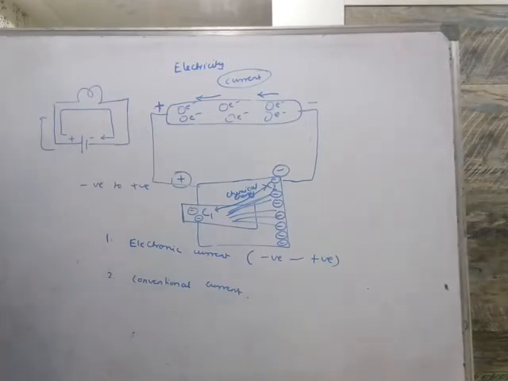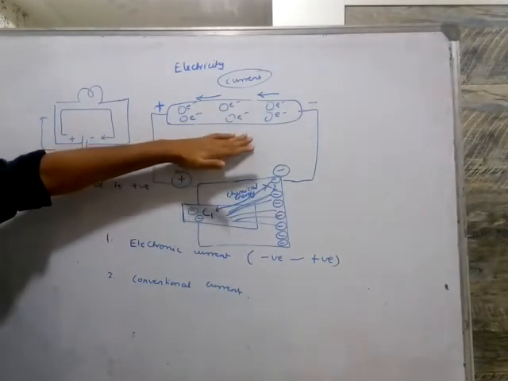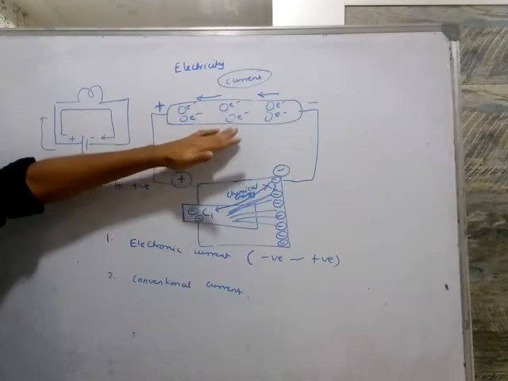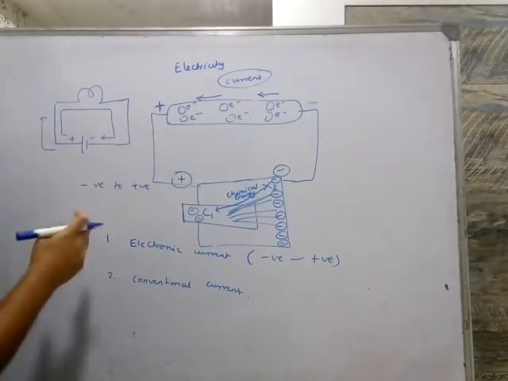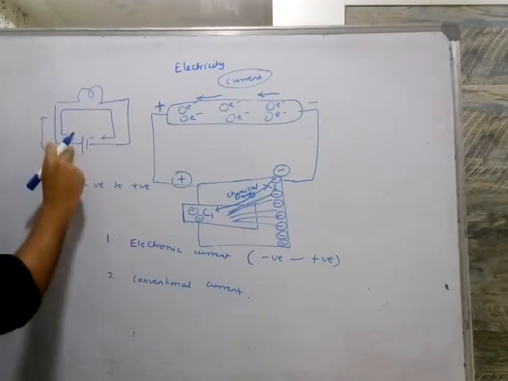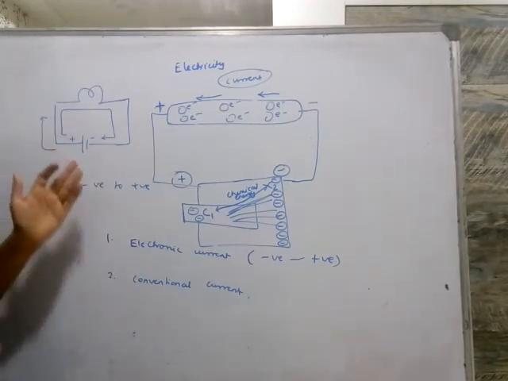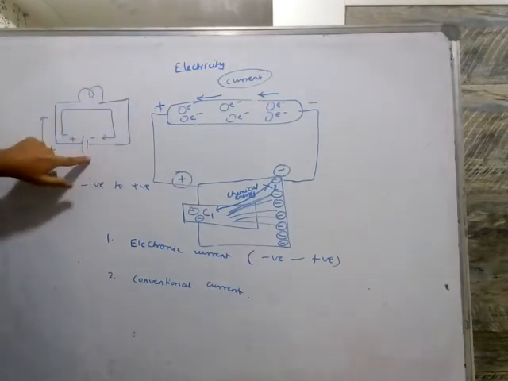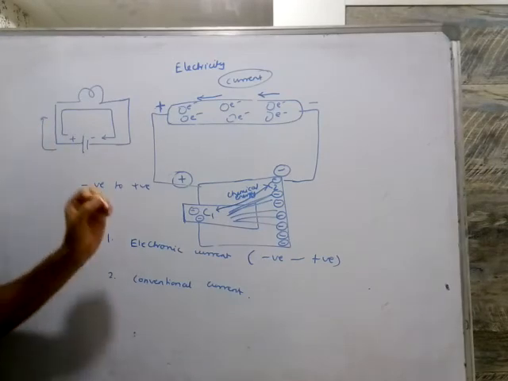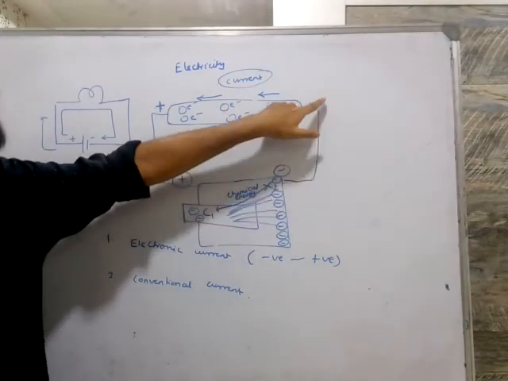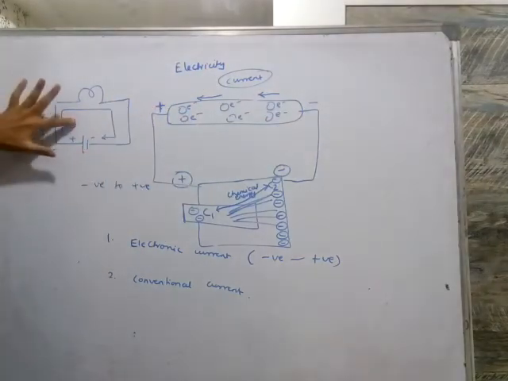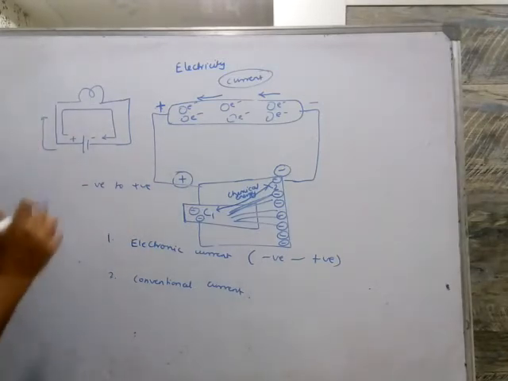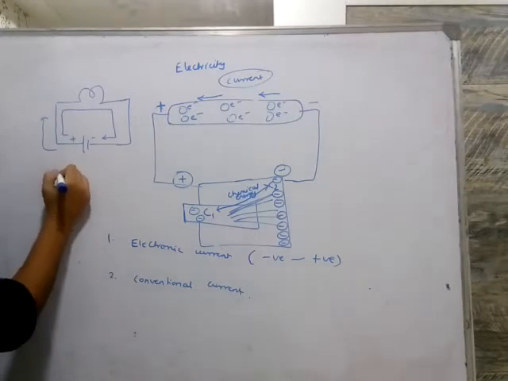The answer is that earlier the electron wasn't discovered. Current was discovered earlier, but the electron wasn't discovered yet. So people started assuming that the positive end is at a high level and the negative is at a low level. It was an assumption that current used to flow from positive end to negative end. But in reality, the current is actually flowing from negative end to positive end. Since this was an assumed flow of current, not true, it was an assumed statement, we call it conventional current.